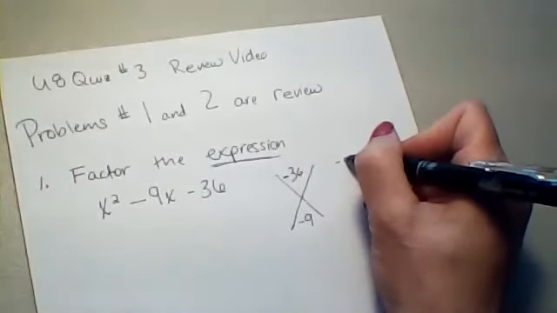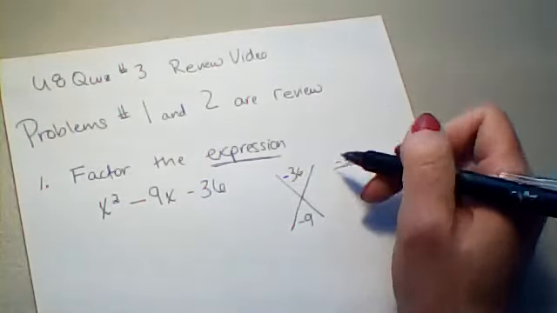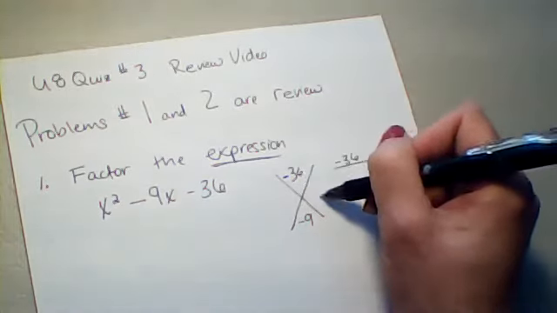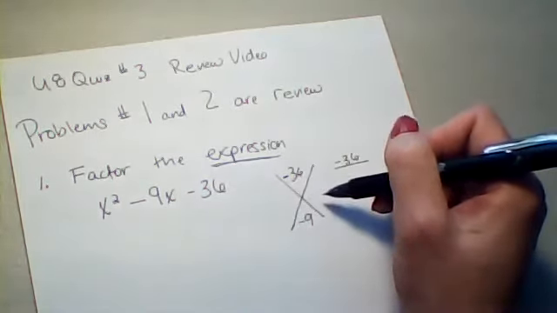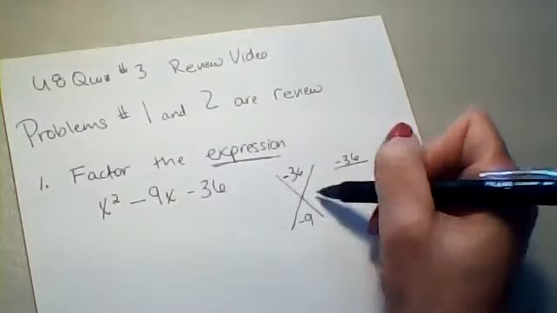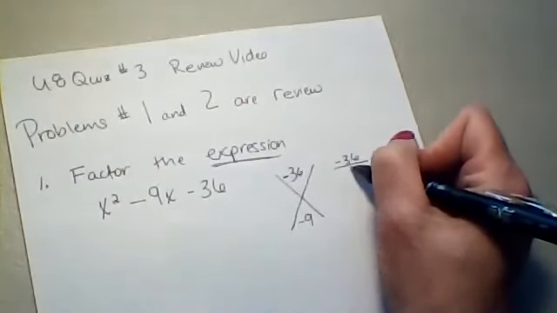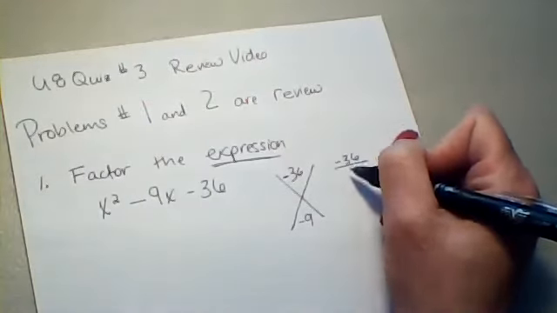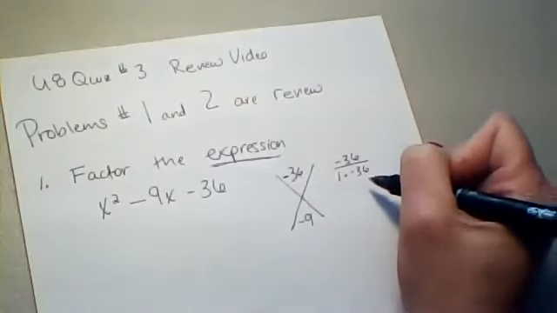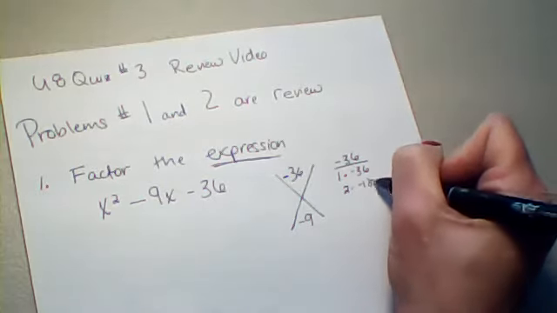So a lot of times we look at those factors of negative 36. Now, since it's negative, when I multiply two different numbers together, I'm getting a negative number. So I know at least one of my numbers here has to be negative. When I add these two numbers together, I'm getting a negative 9, so I know my larger number is going to be negative. So I'm just going to list the factors of 36, making sure that my bigger term is negative. So I've got 1 times negative 36, or 2 times negative 18,